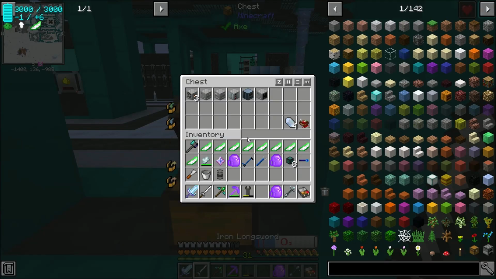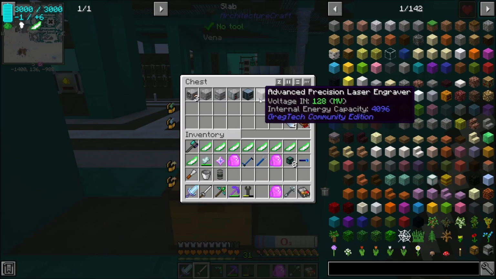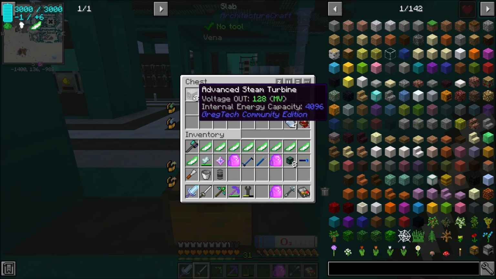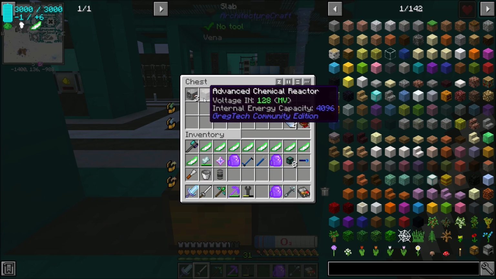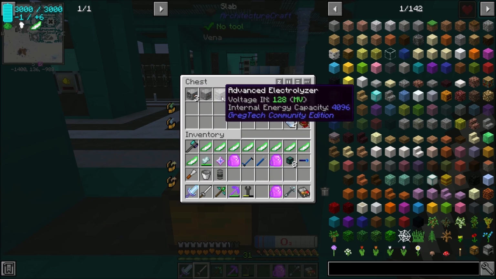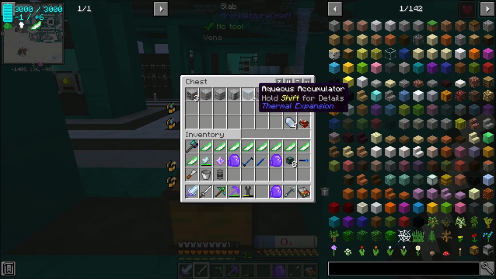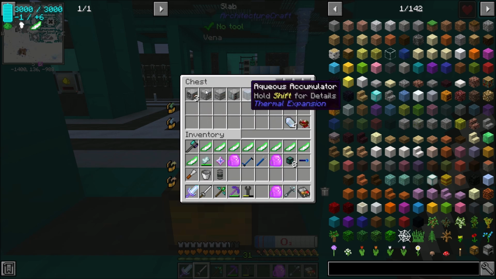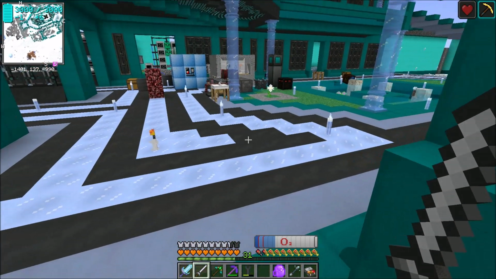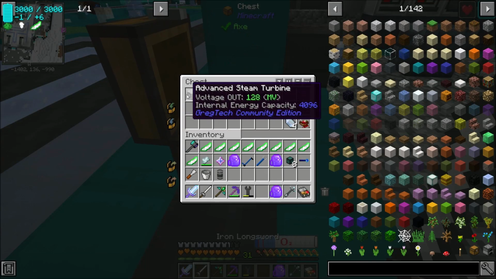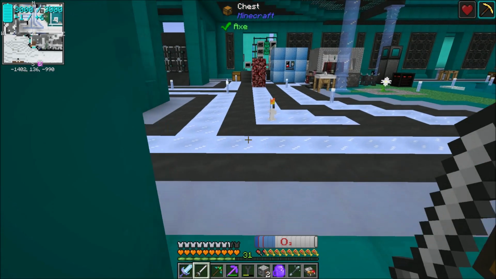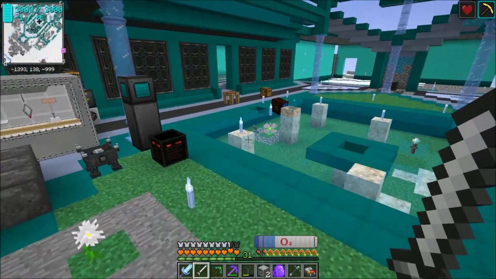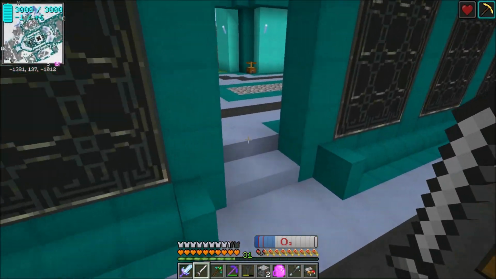But anyways, in this chest, I have prepped up a few things like usual. I made a couple more advanced steam turbines. We've got an advanced chemical reactor, an advanced electrolyzer, advanced distillery, an aqueous accumulator, and an advanced precision laser engraver. We'll see if we get into using all of these today or not. And I guess what we should do is we should start with the steam turbines. Now I'm going to start with 2 of these, and if we find that we need the third one, well,